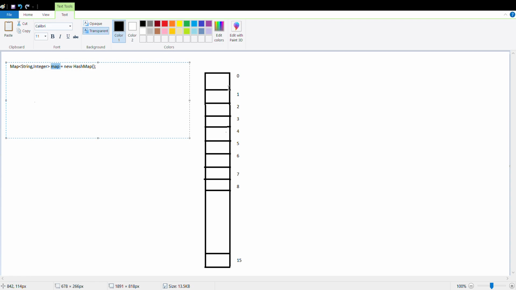Each index is a bucket holding multiple nodes. Now I'll explain how HashMap works for the put and get methods.